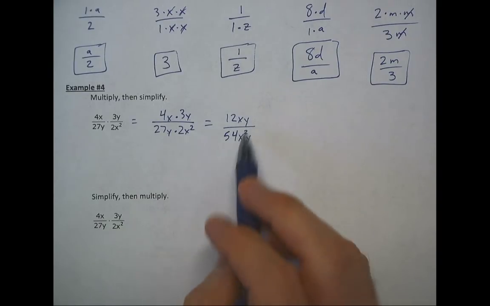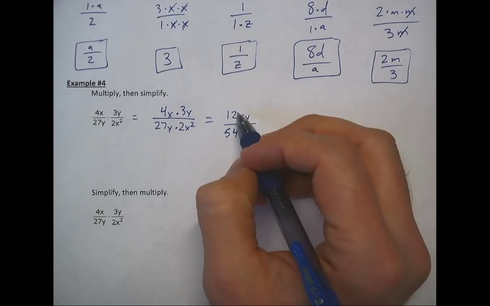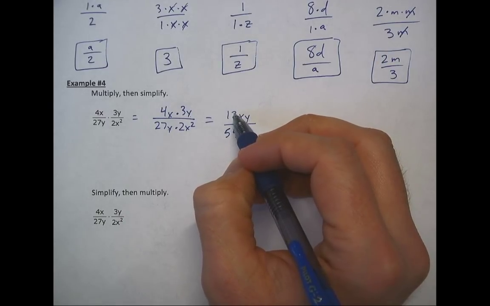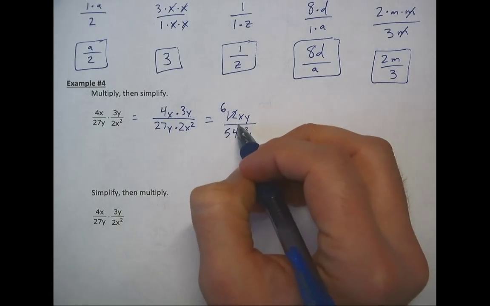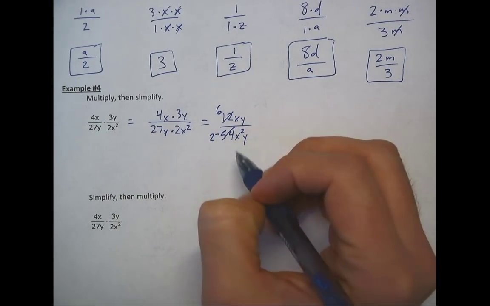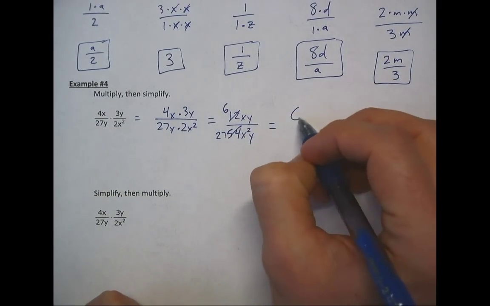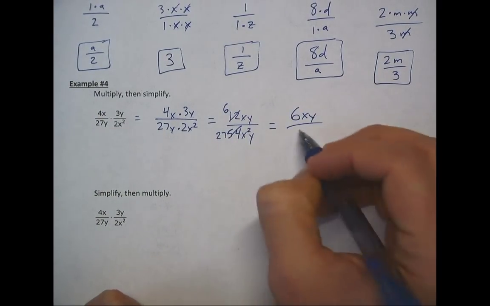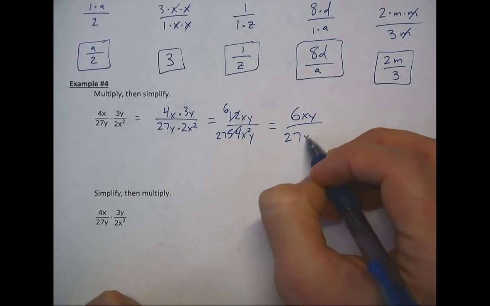All right, now we want to simplify this. So I've got 12 and 54. Let's divide those by 2. So if I divide those by 2, I'm going to get a 6 and a 27. So let's see what we've got left at this point. We've got 6xy on the top, and on the bottom we have 27, and let's write this x squared out as x times